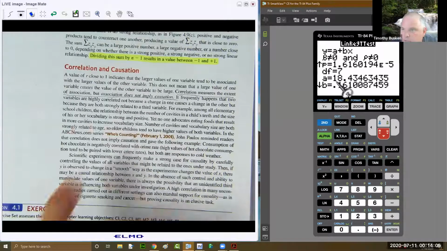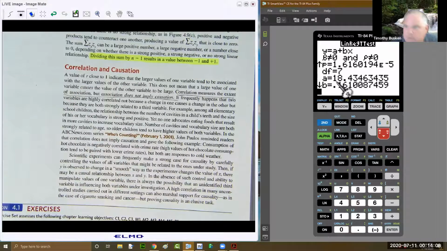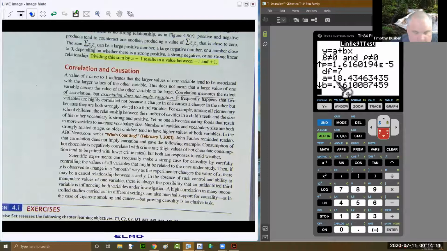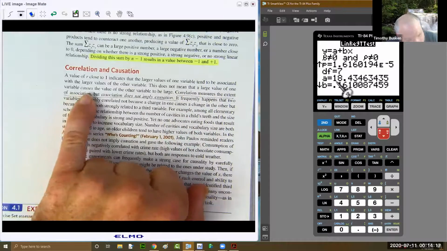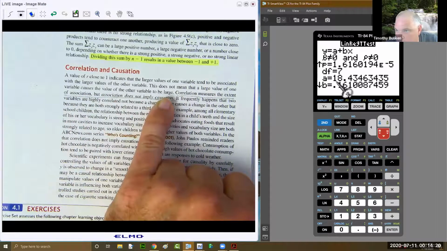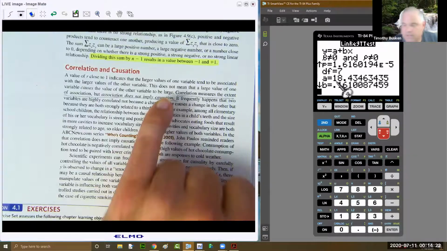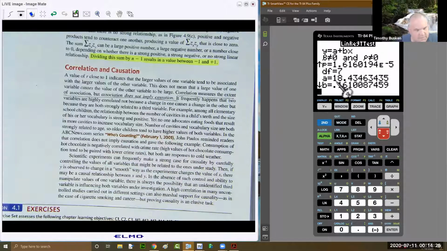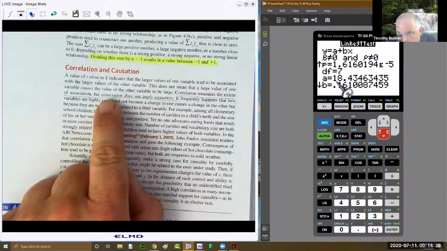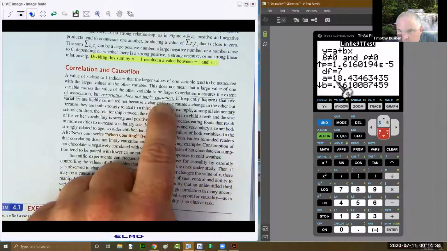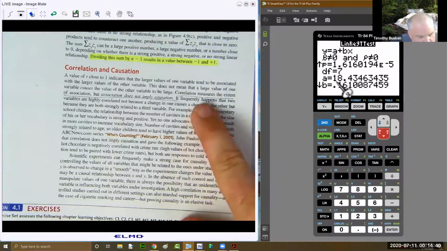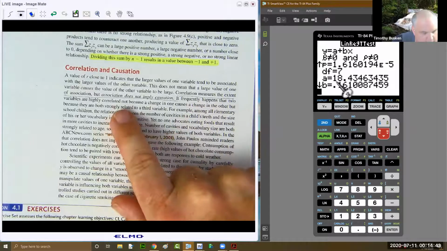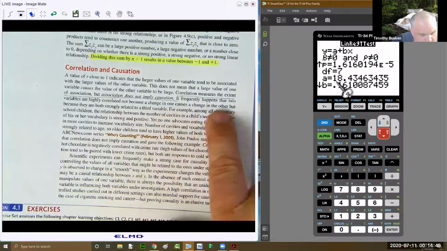Okay, so just a quick word about correlation and causation now. A value close to 1 indicates that larger values of one variable tend to be associated with larger values of the other variable. This does not mean that a large value of one variable causes the value of the other variable to be large. Correlation measures the extent of the linear relationship between x and y, but even if there's a strong relationship, the association does not imply causation. It doesn't mean that x causes y. It frequently happens that two variables are highly correlated, not because a change in one causes a change in the other, but